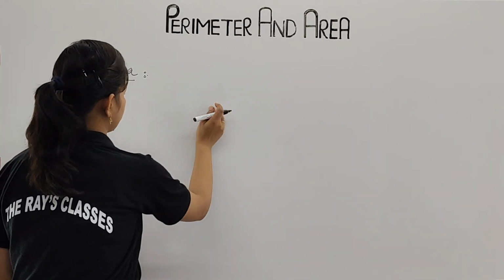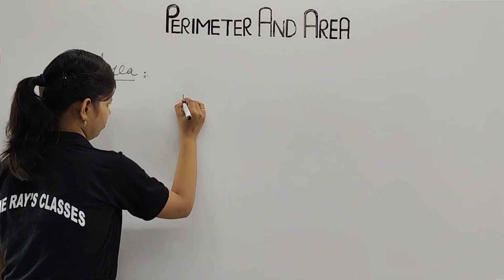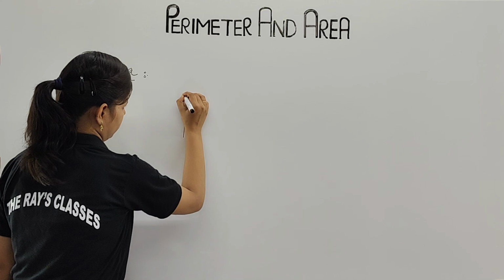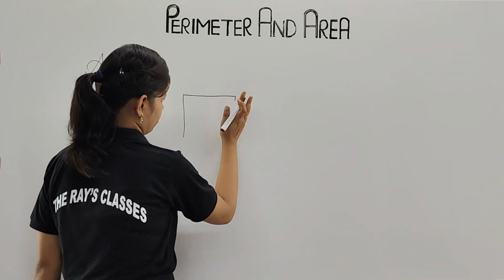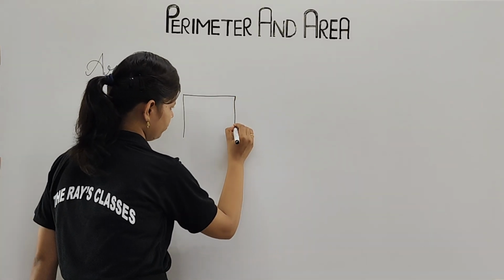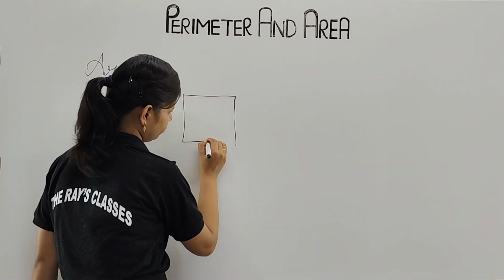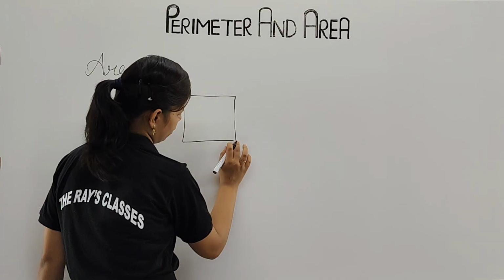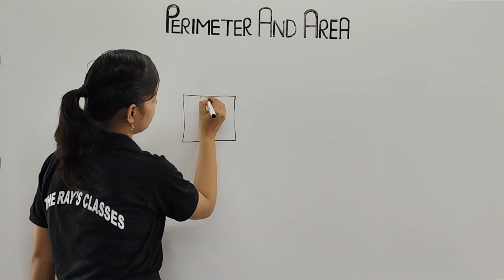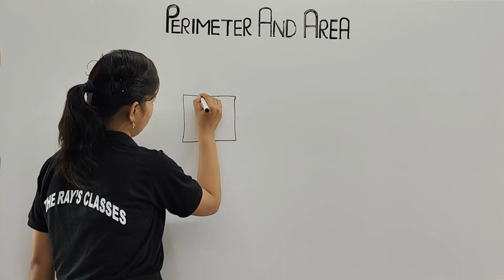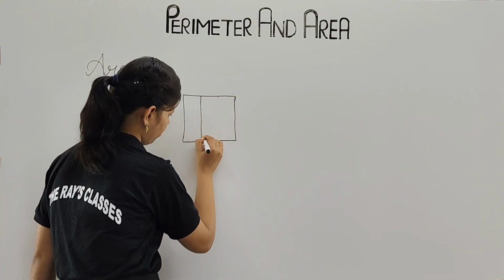Before giving an example, first I'd like to draw one figure like this. This small figure is rectangular in shape. When we draw three lines in this, from here, here and there, you can see